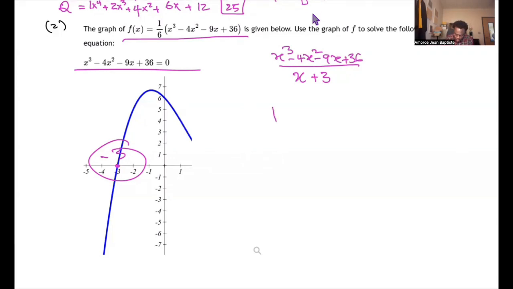So we would set up, that's -3 here, that's 1, -4, -9, 36. We drop the first one,